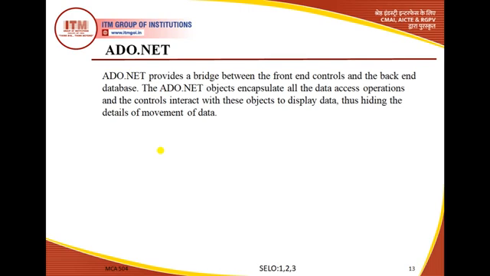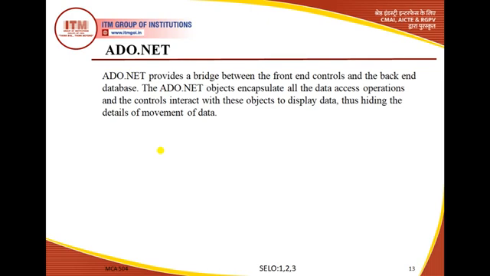The user interface may be anything, like a VB.NET application or a C#.NET application, but the database connectivity is provided by ADO.NET. The user fills certain entries in the forms, those entries are stored back into the database, and the user interface should remain connected with that database. This data should be stored somewhere in the database. How is it done? Using a technology called ADO.NET.